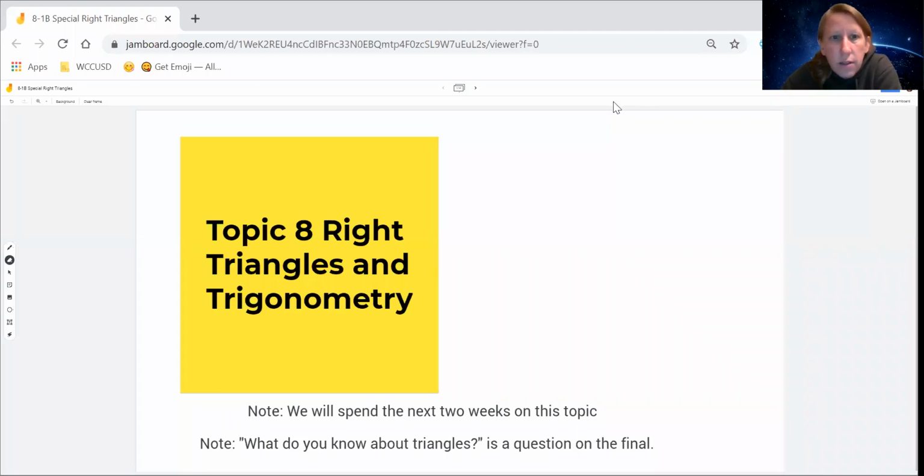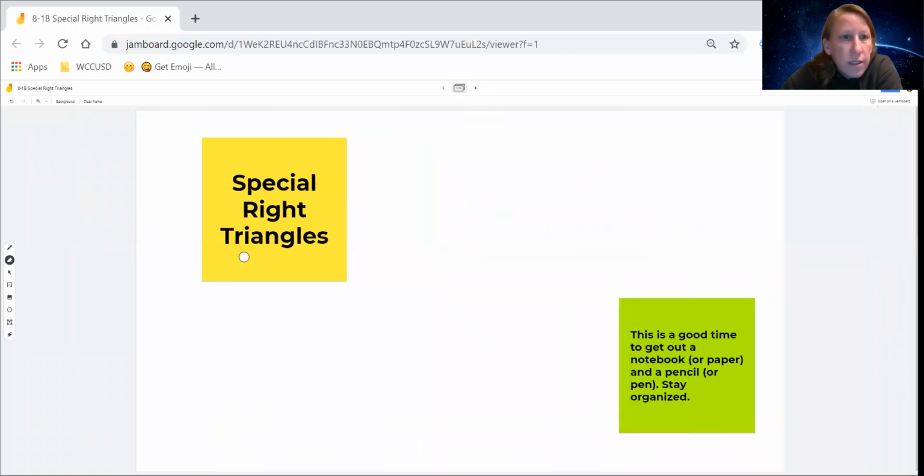Hello, students. We are working on topic 8, right triangles. And today we're doing a really cool lesson on special right triangles. And these come up over and over and over again. When I had to take the test to become a math teacher, one of the first things I wrote on my paper were these special right triangle